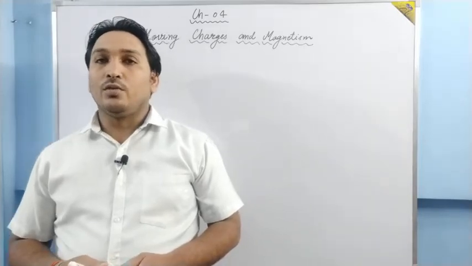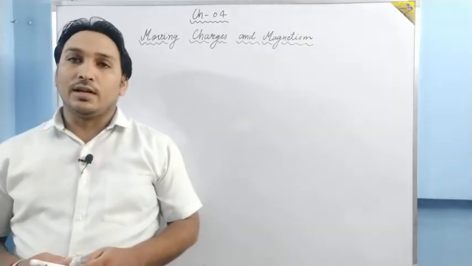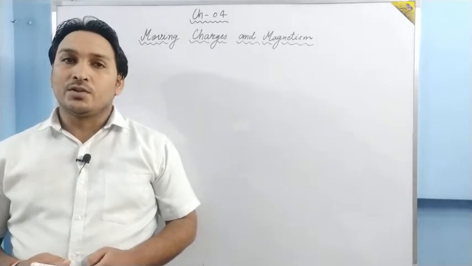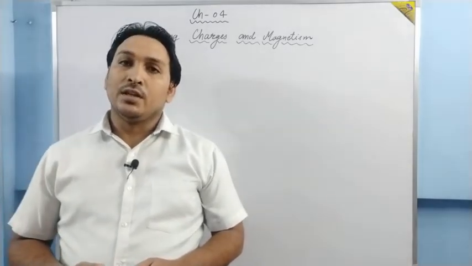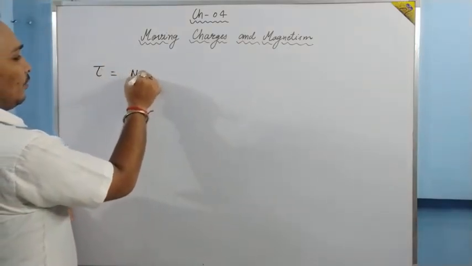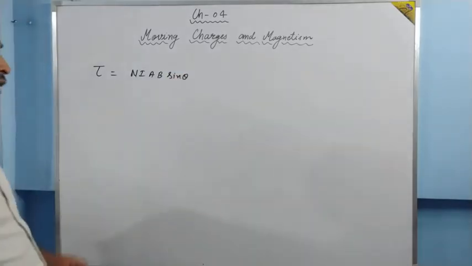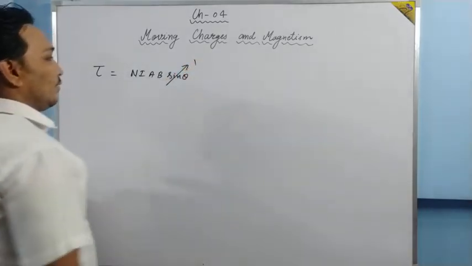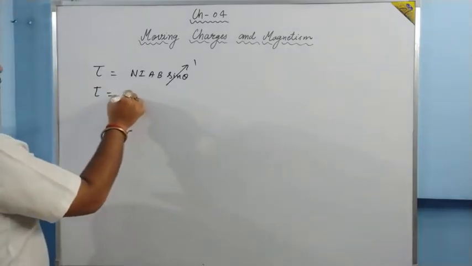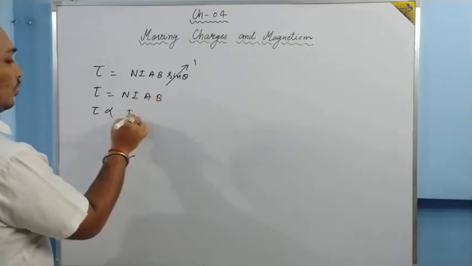So today we are going to do the conversion of galvanometer. But before starting that, what is a galvanometer? I told you in the last lecture that the galvanometer is a device by which we can detect the current in the circuit. The principle of the galvanometer is that the torque acting on a current carrying loop placed in a magnetic field is given by NIAB sin theta. By using a radial magnetic field, we can make sin theta as 1 because theta is 90 degrees for a radial magnetic field. The torque is equal to NIAB, or basically torque is proportional to current.